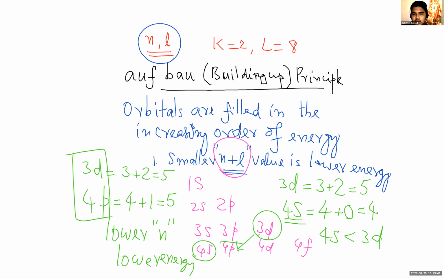Achut? 3D, sir. 3D is having lower energy. So, energy of 3D is less than energy of 4P. So, before entering the 4P level, the electrons have to enter the 3D level. Then the 3D level is completed. If excess electrons are there, they can enter the 4P level. Okay, and that is the Aufbau principle.